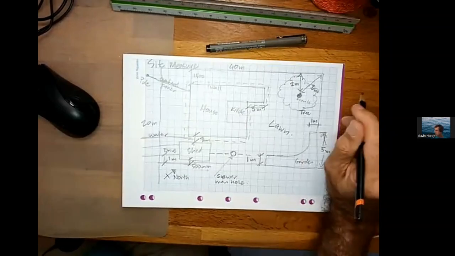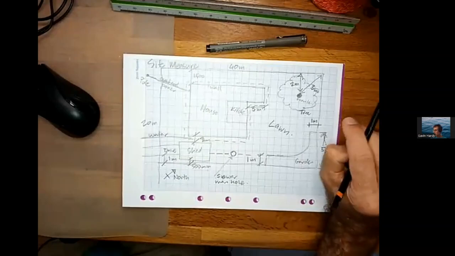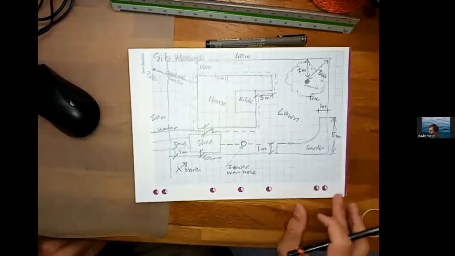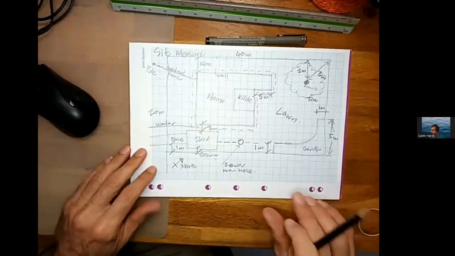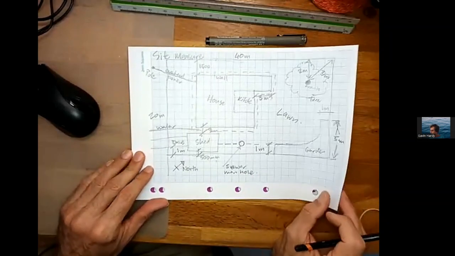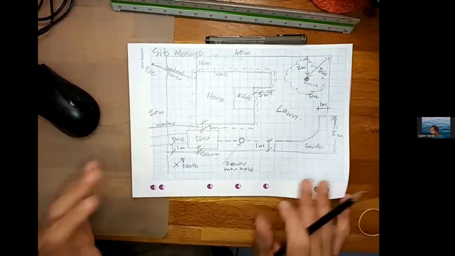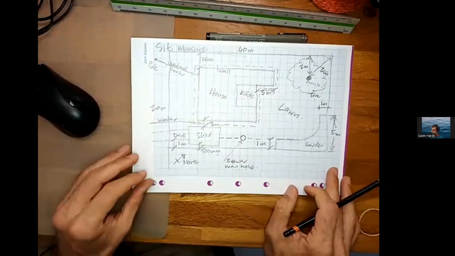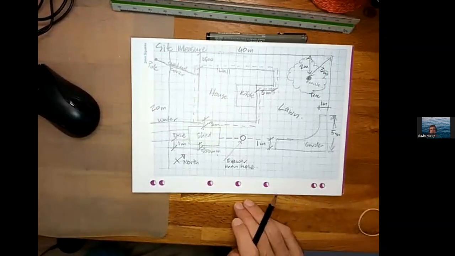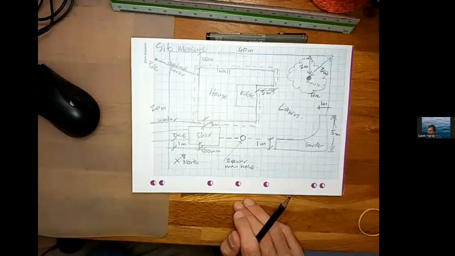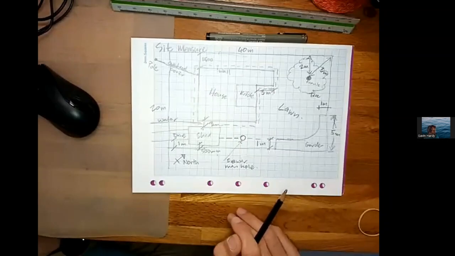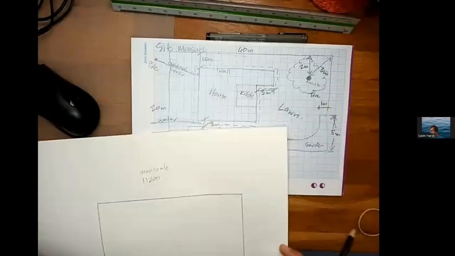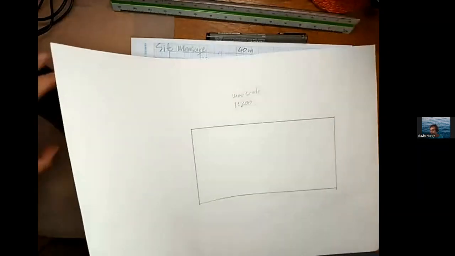You've done a great amount of measurements. How are you going to put that onto your plan? In previous videos, I've shown how to get the overall dimensions for your property if you're using the Q globe method, but you can use any method you want really to get those dimensions. And I've also shown in another video how to determine the appropriate scale for your site to fit on an A3 size sheet. So if I bring an A3 size sheet